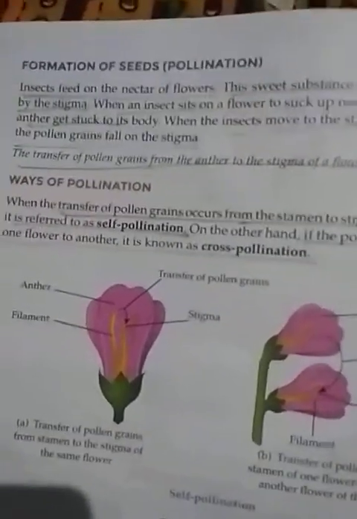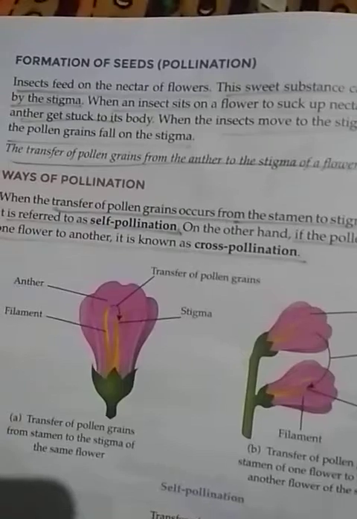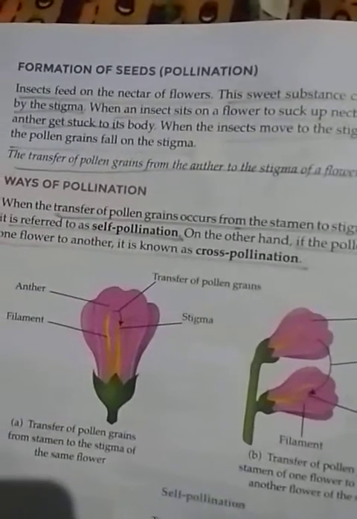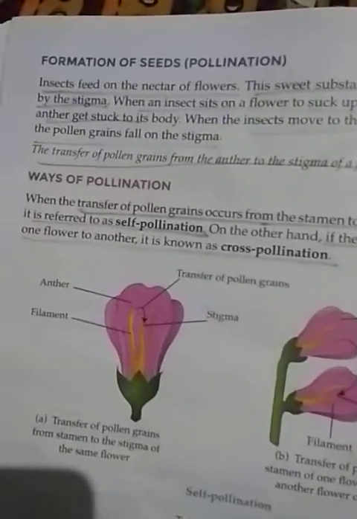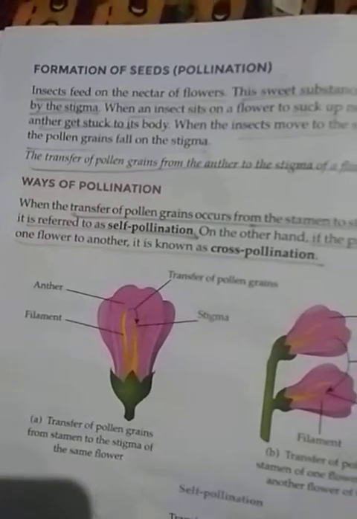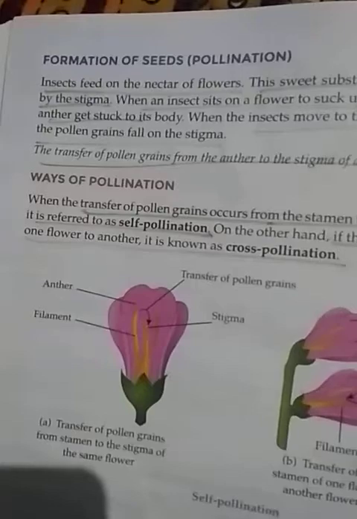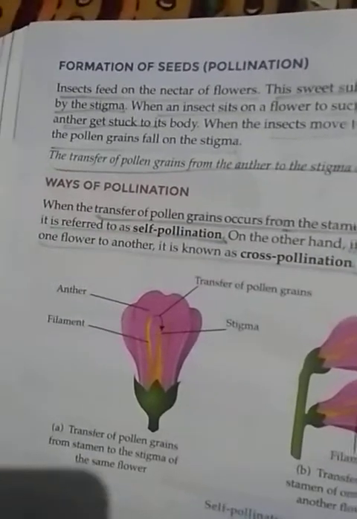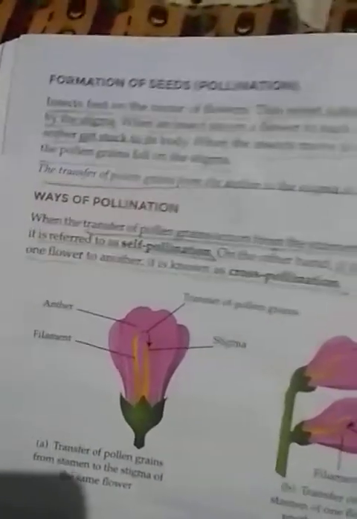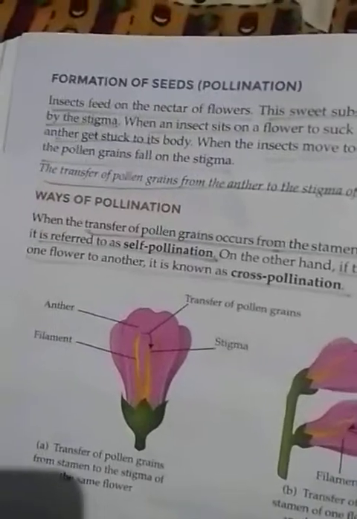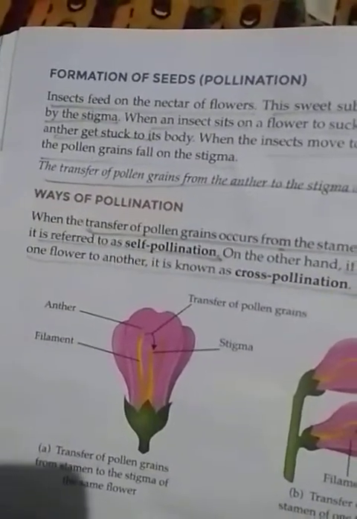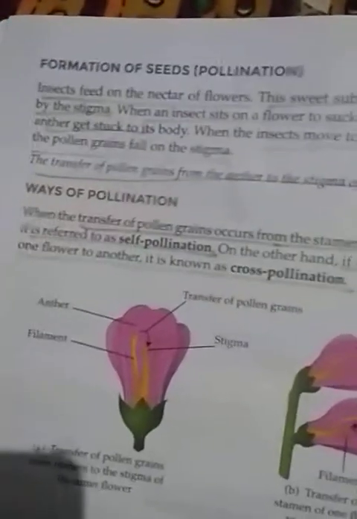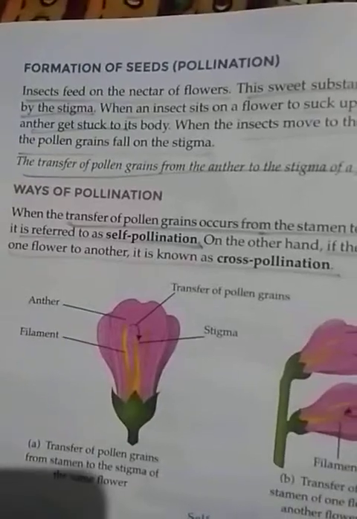When you cut an apple, you must be able to find the seed present in the apple. Whether you are cutting vegetables or fruits, when you cut a guava, you can see the seeds. When you cut the watermelon, you can see the seeds. Nowadays we are eating mangoes, so what you find in the center portion, you find a big seed present over there. So today we are going to study how the seeds in these various plants are formed.